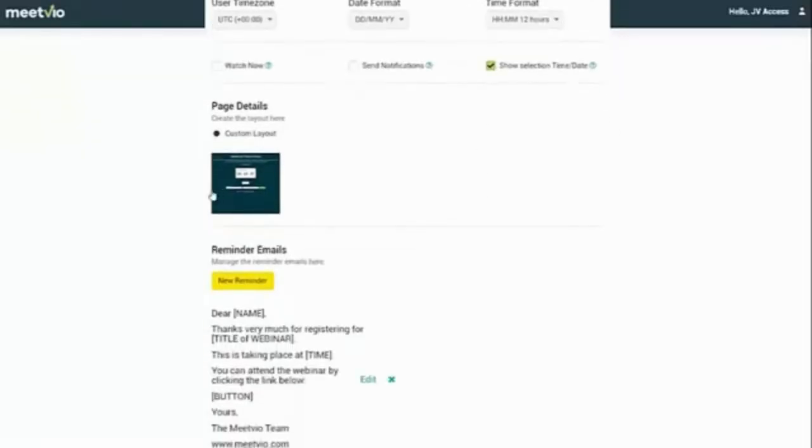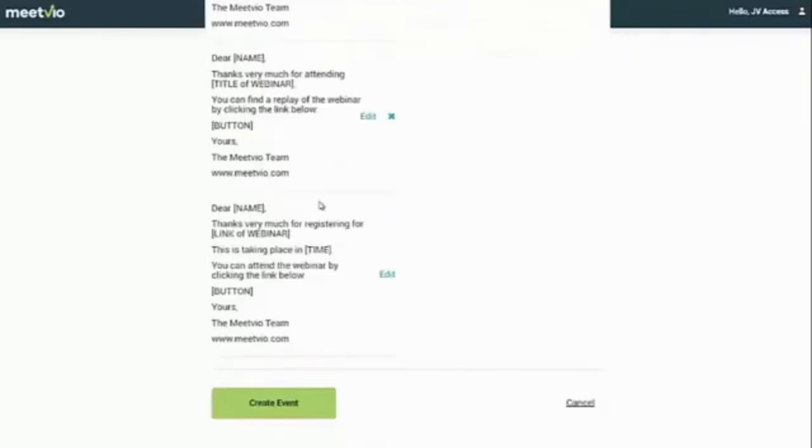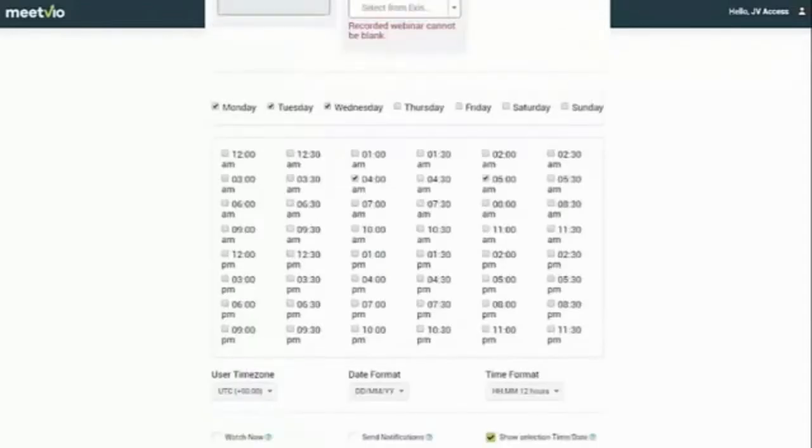Then again, you've got the custom layout here for the sign-in page. Again, if you have applications that integrate with Meetvio, you can also use their landing pages as well. When you're done, click on Create Event, and let's go for